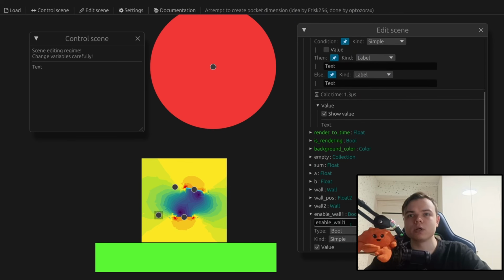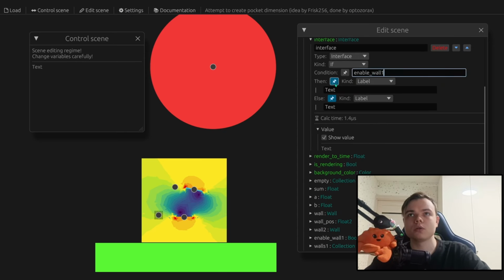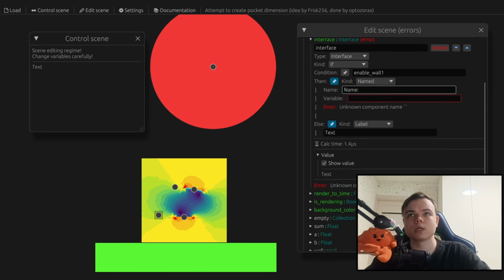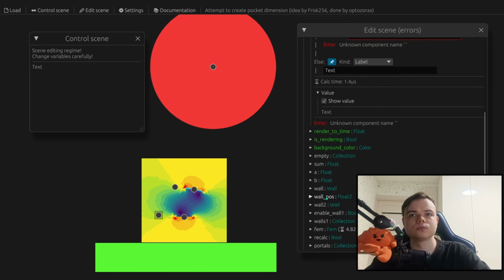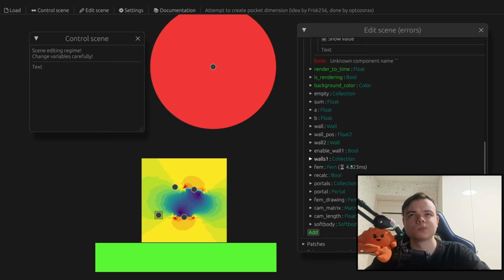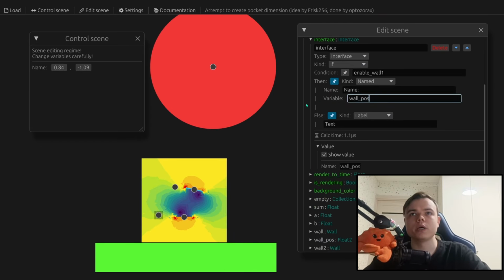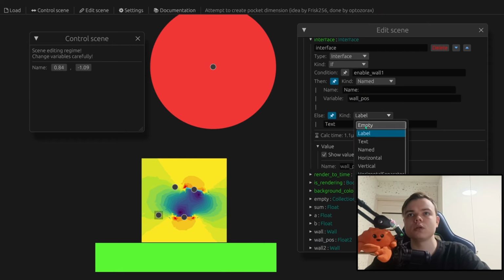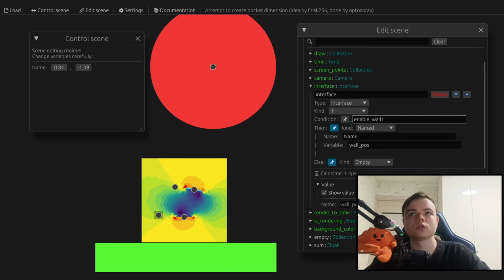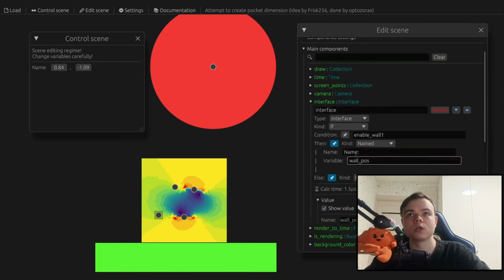yes, we have this variable enable wall, and when it is true, we can control, let's say, wall 2. Let's control something, wall pose. And when it is not enabled, it's just empty. So when we change this variable, you see that the user interface also changes, and we can create